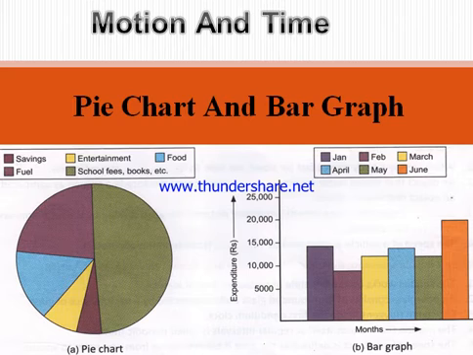Some more examples, like the pie chart. A pie chart is formed on a circular path. We have to calculate the percentage, and according to the percentage we draw the pie chart. This is the bar graph. A bar graph also shows how much distance is traveled in a given time. So we can show that in this time how much distance is covered, in that time how much distance is covered. So it is the bar graph to measure distance and time.